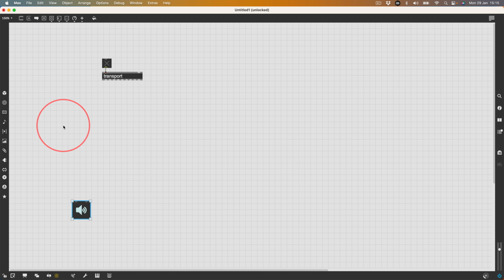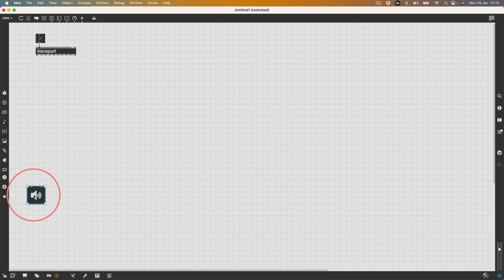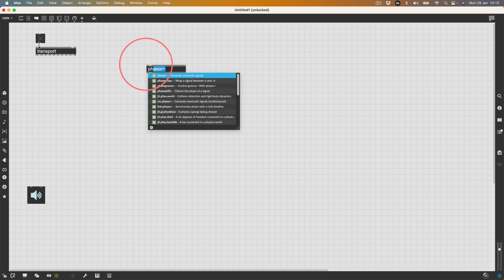So first things first, I'm going to need an easy DAC. And I'm going to need a transport and a toggle to turn that transport on and off. Let's zoom in a little bit. Put that up there. Right, and we're going to need a phasor, and I'm going to tell my phasor to go at